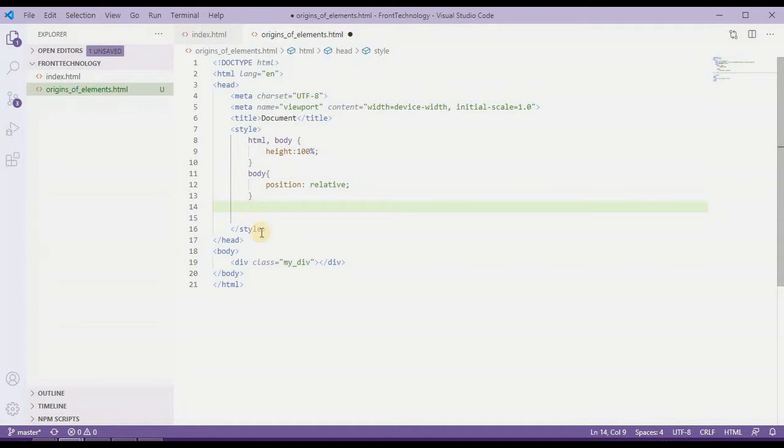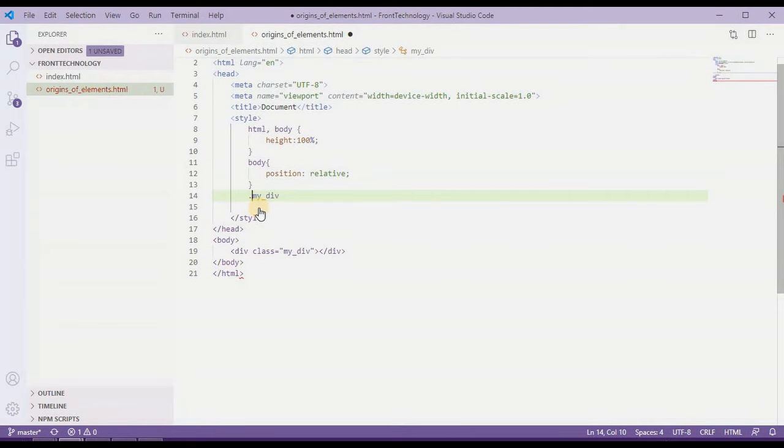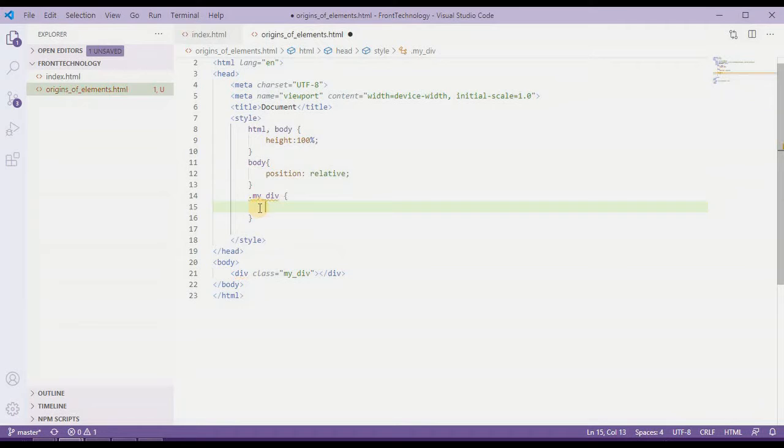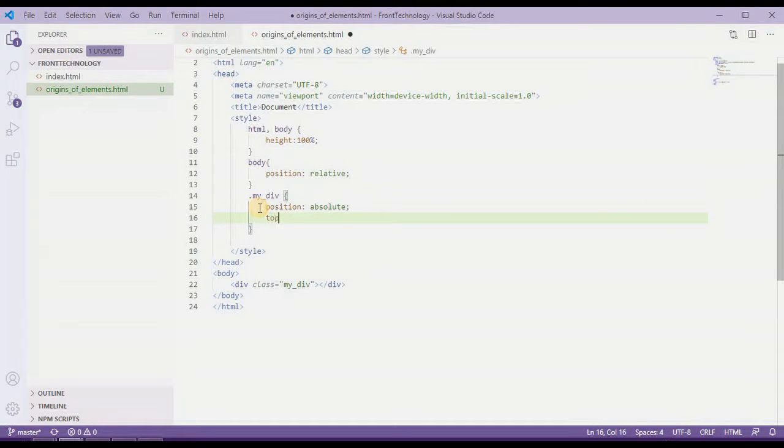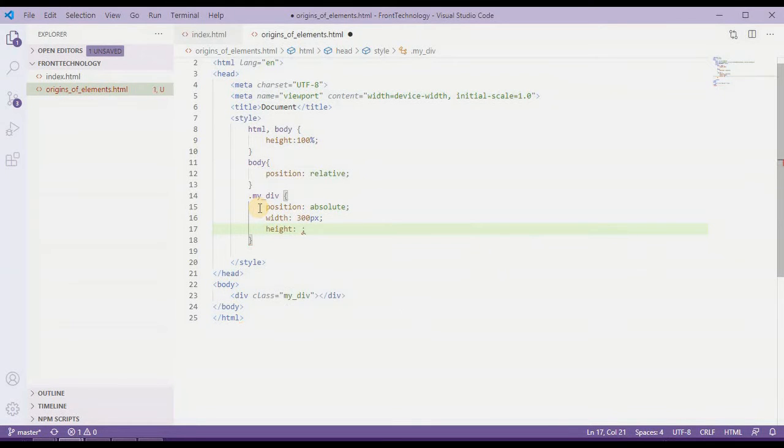Now I'll write the my div class which I have provided to this div, and here I am going to provide some properties like position absolute, then of course the width and height. Width is going to be 300 pixels, and the height should be the same. You can select any width and height, that doesn't matter.